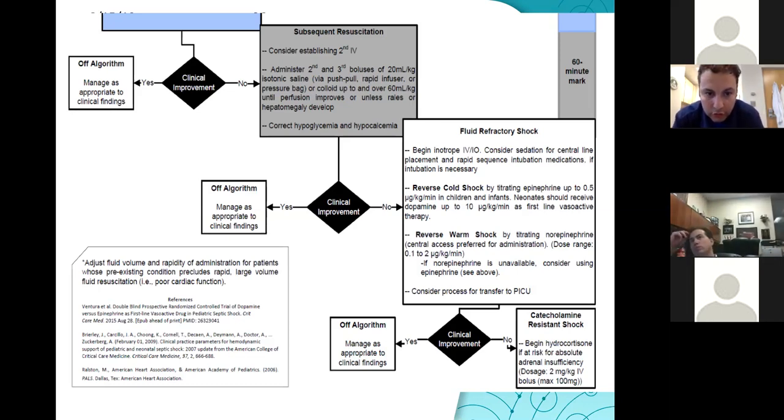And now we move forward down to whether our patient is better or not. If not, we call our patient fluid refractory shock, and we like to look: do we have cold shock or warm shock? Because our inotropic drug of choice may vary. So for warm shock, we can go into the adult arm, where norepinephrine may serve us as a really good drug to start, between 0.1 to 1 mcg per kg per minute. Our cold shock patient will benefit from having epinephrine going, and that's the drug of choice.